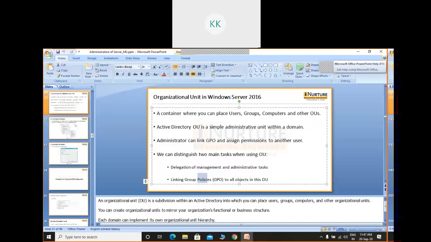ये सब किस लिए किया ब्रो? Instead of going and applying each and every policy one by one, it is made as a bundle. That means when this bundle is handed over to anyone, इसके अंदर में जितना कुछ रहेगा, all is applied to that particular entity, whether it may be a user, computer, or any other group. Got it, sir. So regarding this OU and group, this is clear to you? Yes, sir.